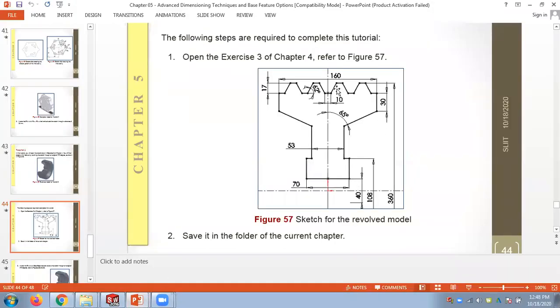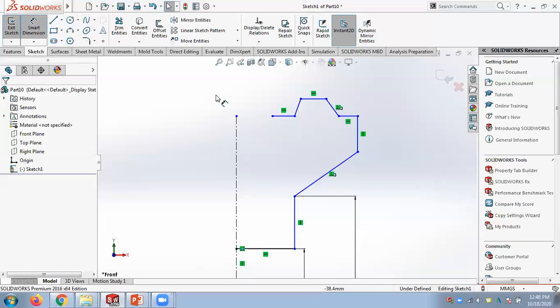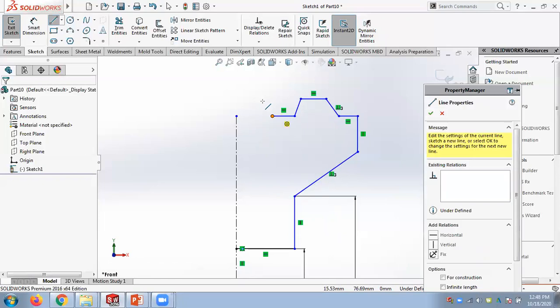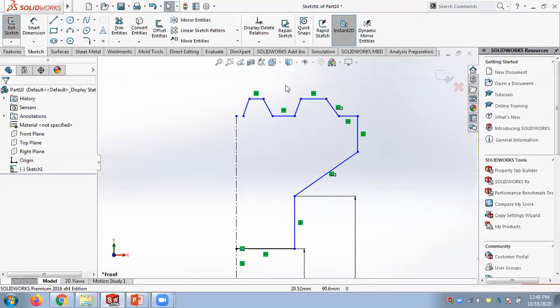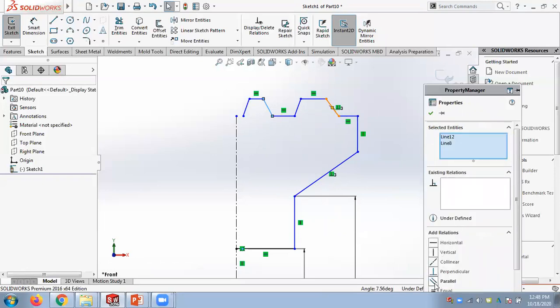remember to maintain this angle. So this is 62. This can be parallel. So when you draw this line, there's a parallelism tool. You can make it parallel. So if I show you, now if I want to have parallel lines, just select these two lines and apply this parallel tool.